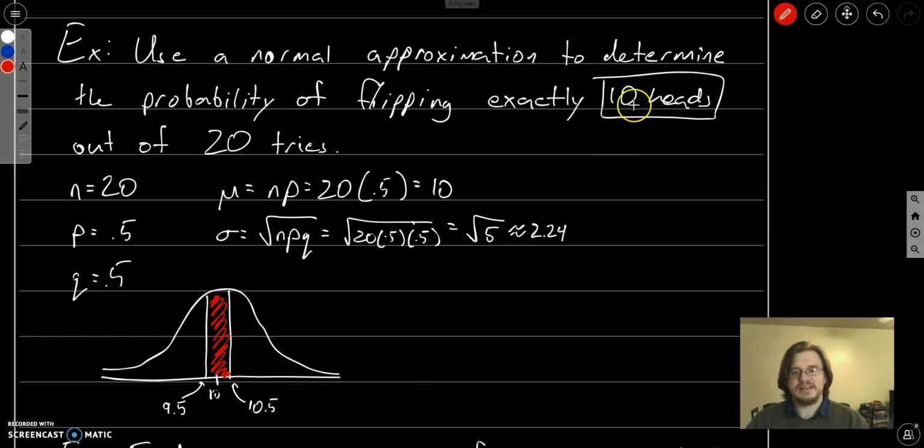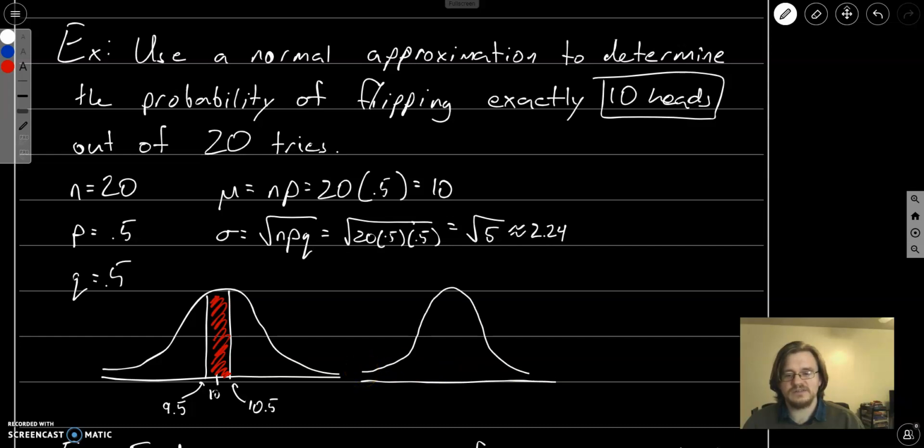This doesn't make sense in the binomial distribution, but in the normal distribution, this makes sense. So I have to put everything into a standard normal distribution, so I need to calculate some z-scores. Again, the mean should be 0, and I need to calculate the z-scores of 9.5 and 10.5. For 9.5, I take 9.5 minus the mean, which is 10, and divide by the standard deviation, which is about